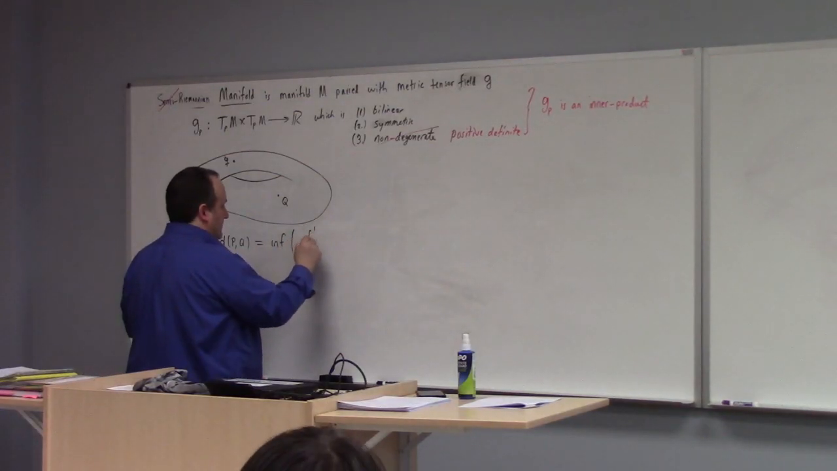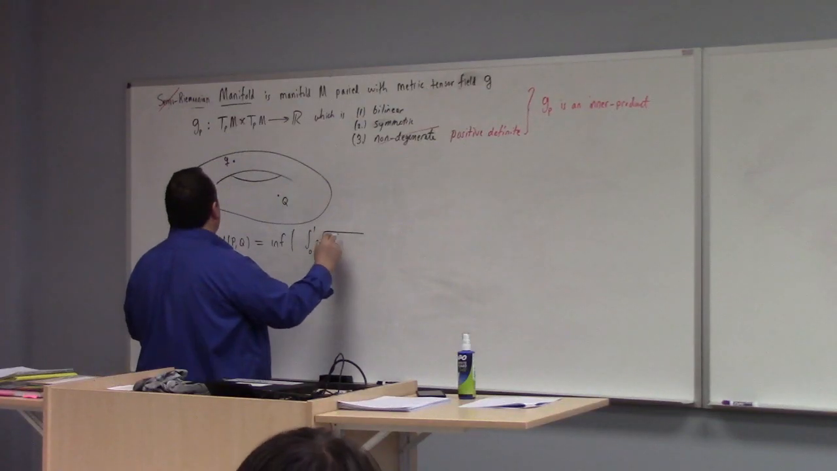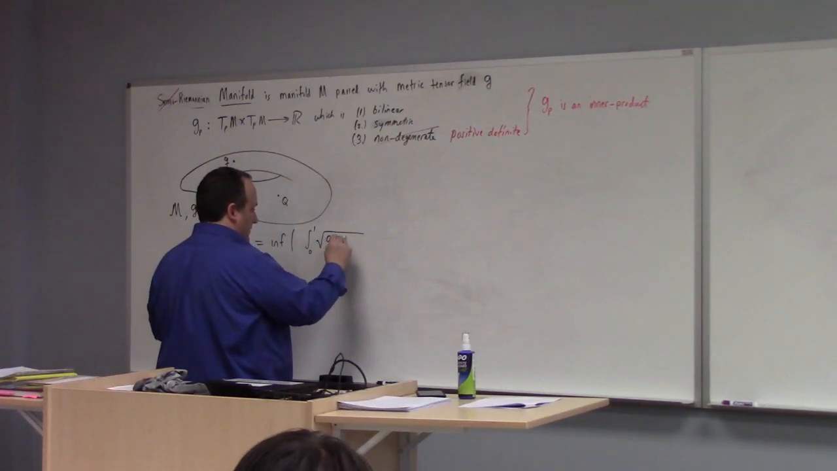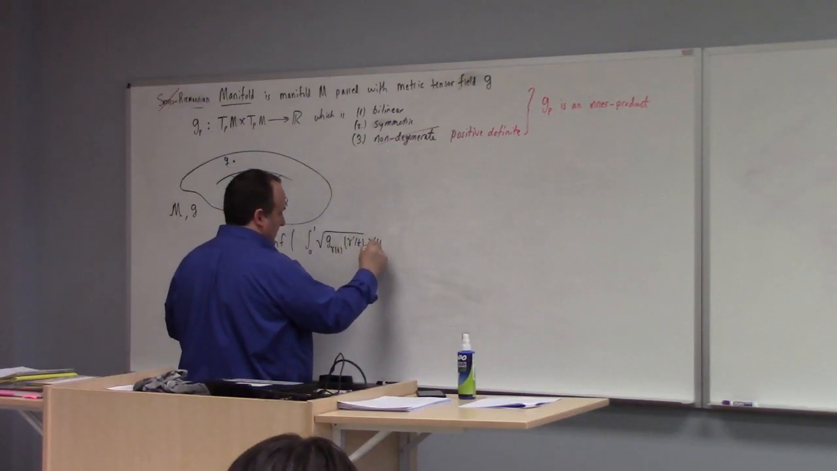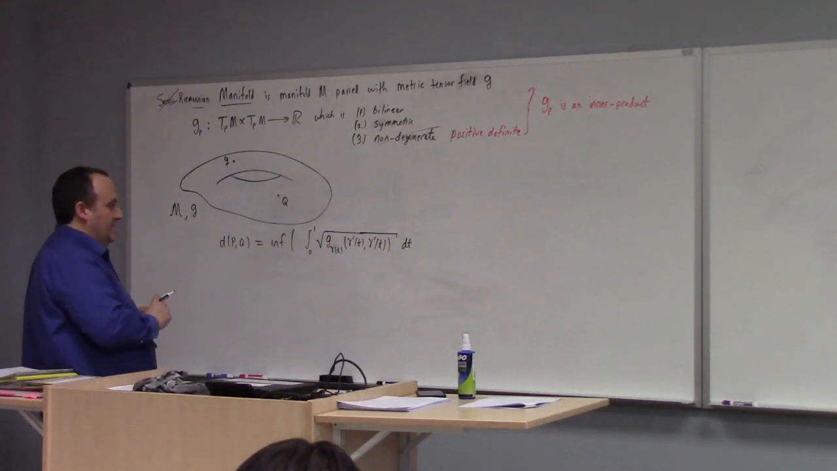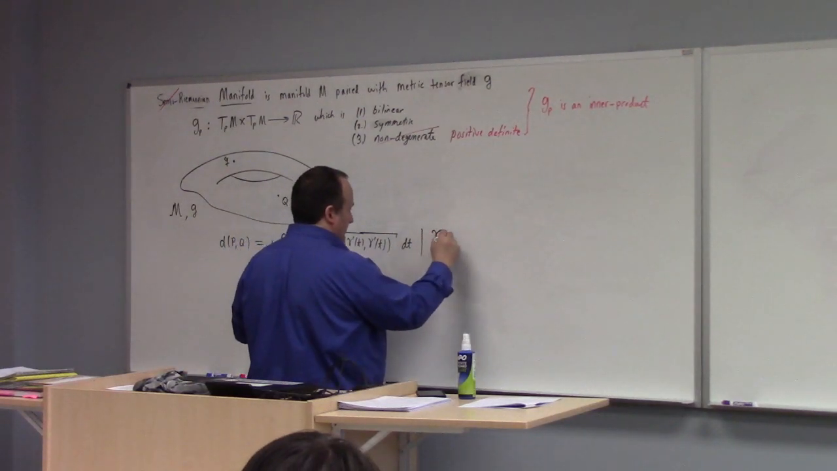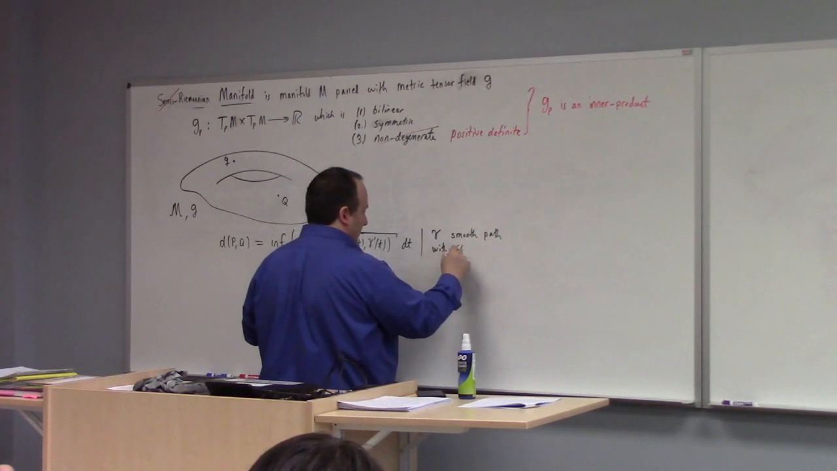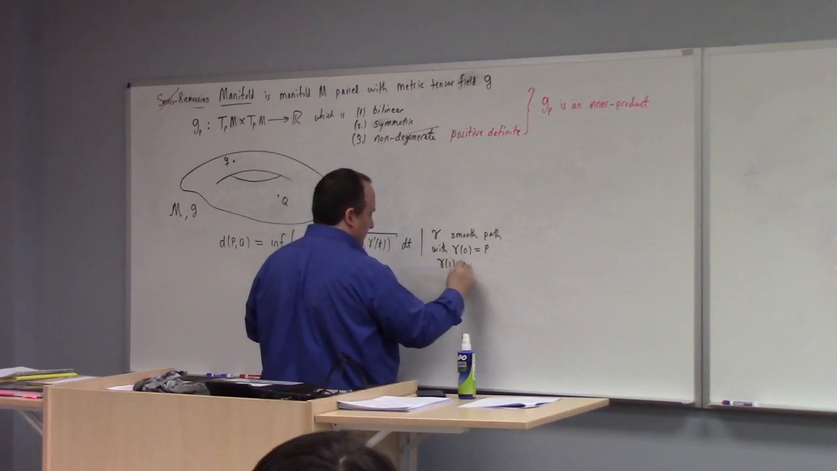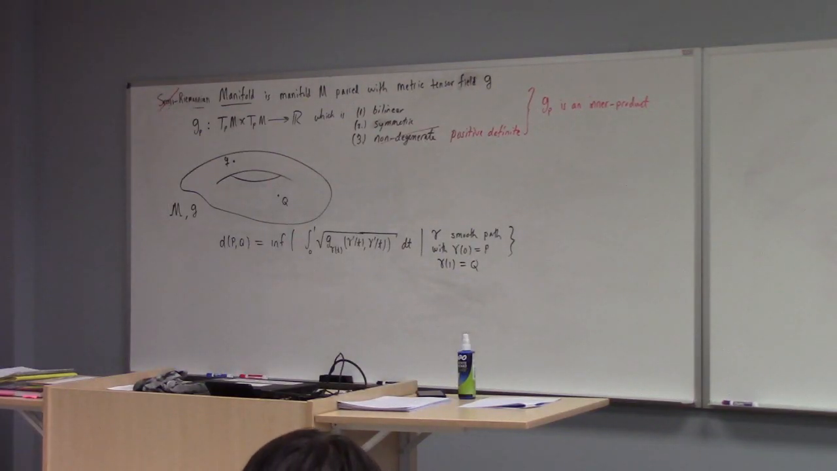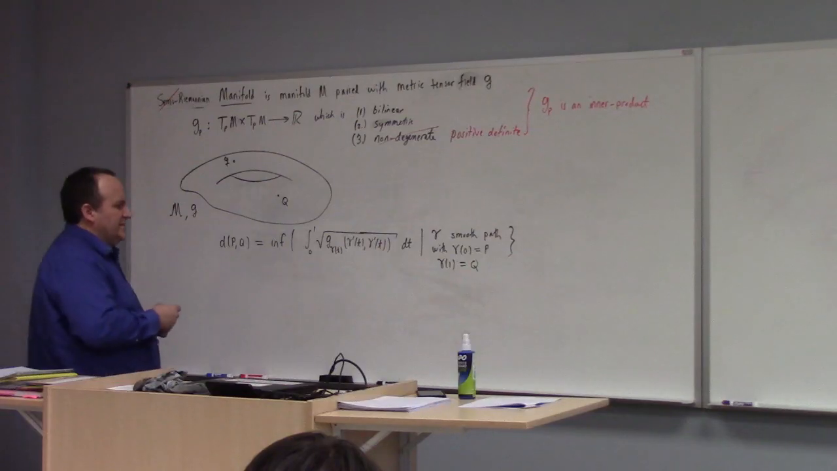Say the integral from 0 to 1 of the square root of g at gamma of t, of gamma prime of t, dt, such that gamma is a smooth path with gamma of 0 equals p and gamma of 1 equals q. All right? So you could define the distance between points like this in a Riemannian manifold. Right? So what we're really looking at here